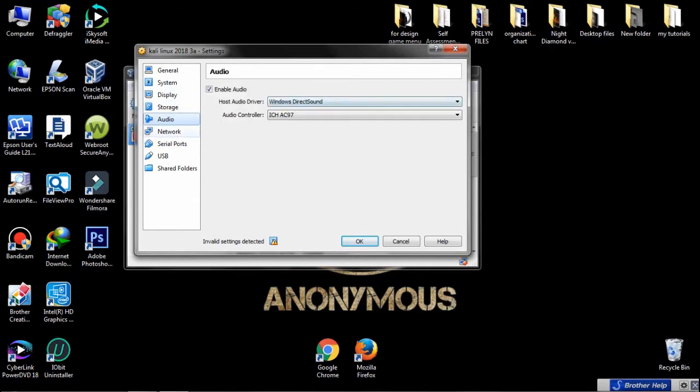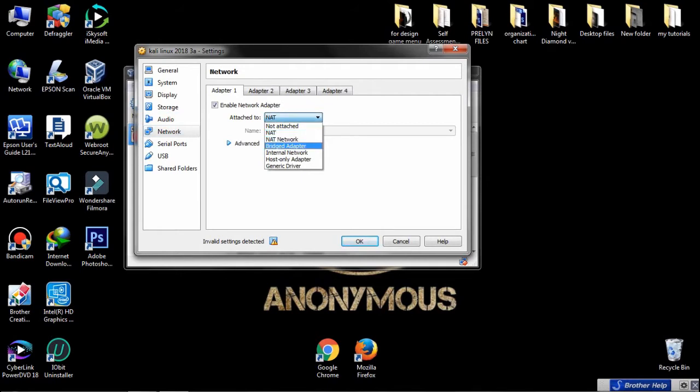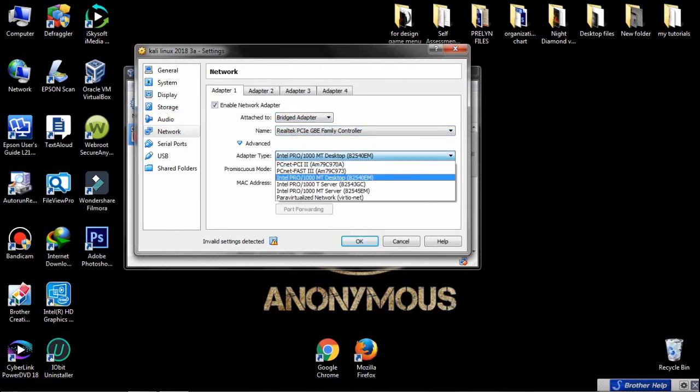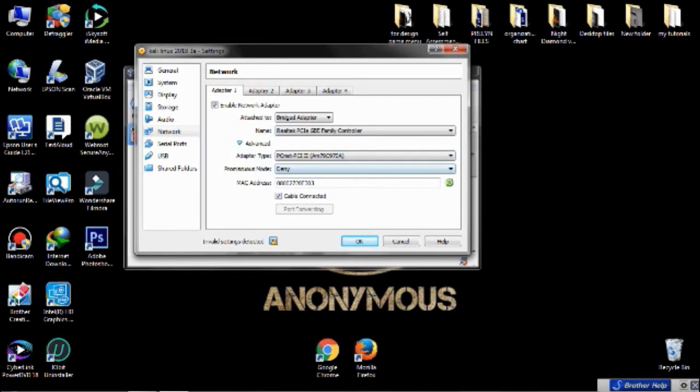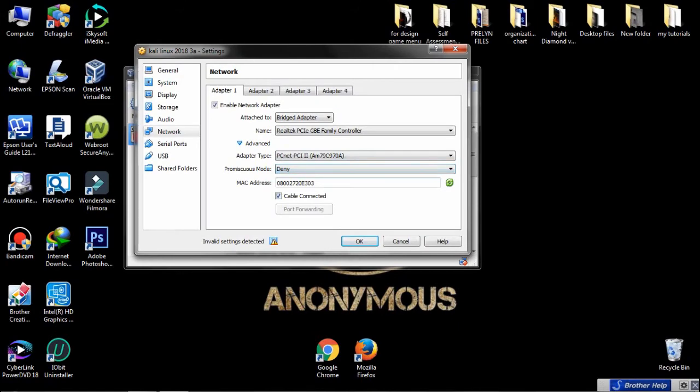The next is the network. This must be modified. This is important if you want to hack or test hacking in your own network. You need to set up your network like this. Just follow my works. In my case, I want to have Android phones or PCs connected in my network. I'm using a wireless router, but I'm connected on LAN using a UTP cable. Just follow me so you don't get errors in booting and hacking Android phones or desktop computers connected in